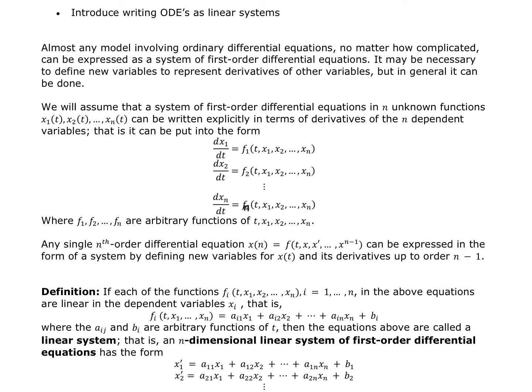If each function f sub i of t, x1, x2, all the way to x sub n, where i is 1 to n, is linear in the x sub i variables, that is, f sub i of t, x sub 1 to x sub n can be written as a sub i1 x1 plus a sub i2 x2, all the way up to a sub i n x sub n plus b sub i, where a sub ij and b sub i are arbitrary functions of t, then the system is called a linear system and is an n-dimensional linear system of first order differential equations. And it will be of the form